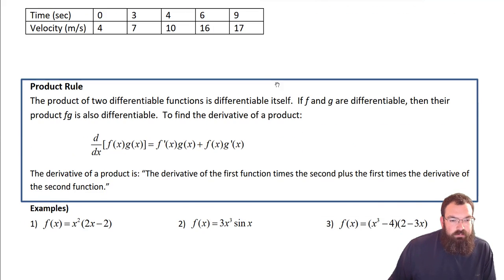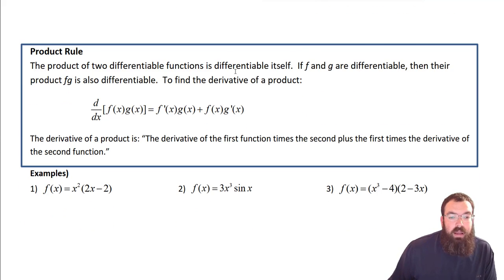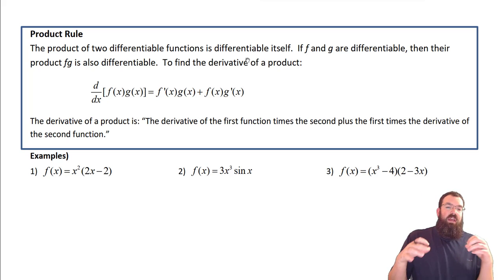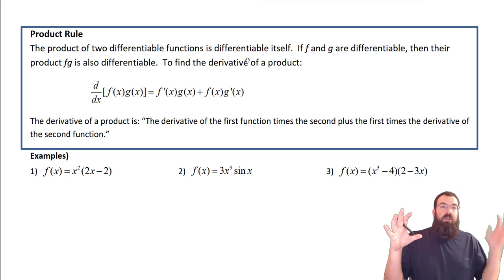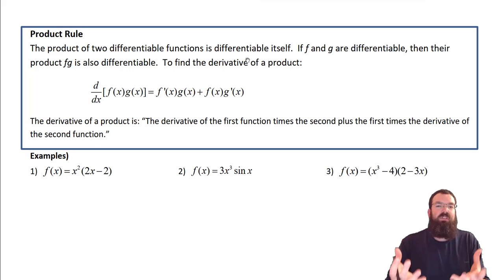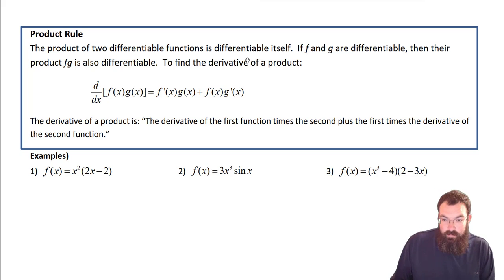Product rule. The product of two differentiable functions is differentiable itself. So what that means is, if I have x squared and x to the 4th, they're both differentiable, so when I multiply them and I get x to the 6th, those are still differentiable. So that's what it's saying. If f and g are differentiable, then f times g is also differentiable. And then to find the derivative of the product,